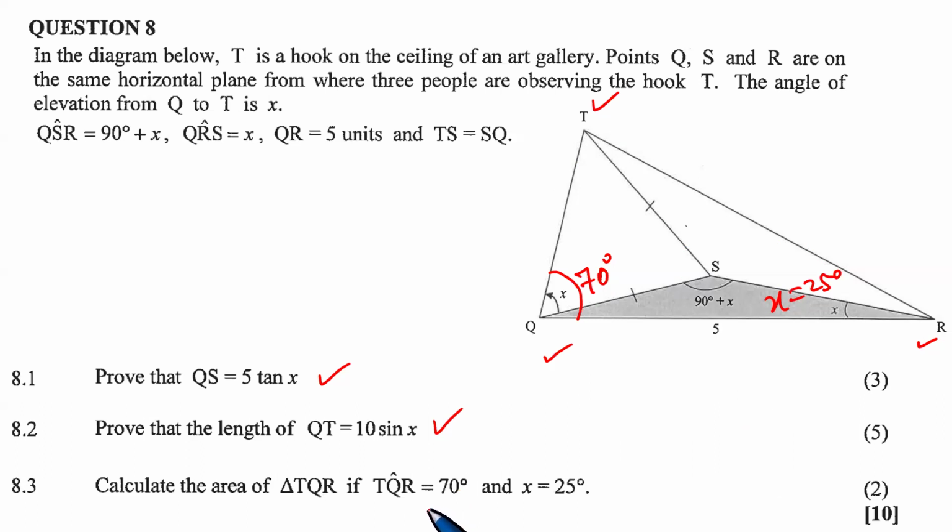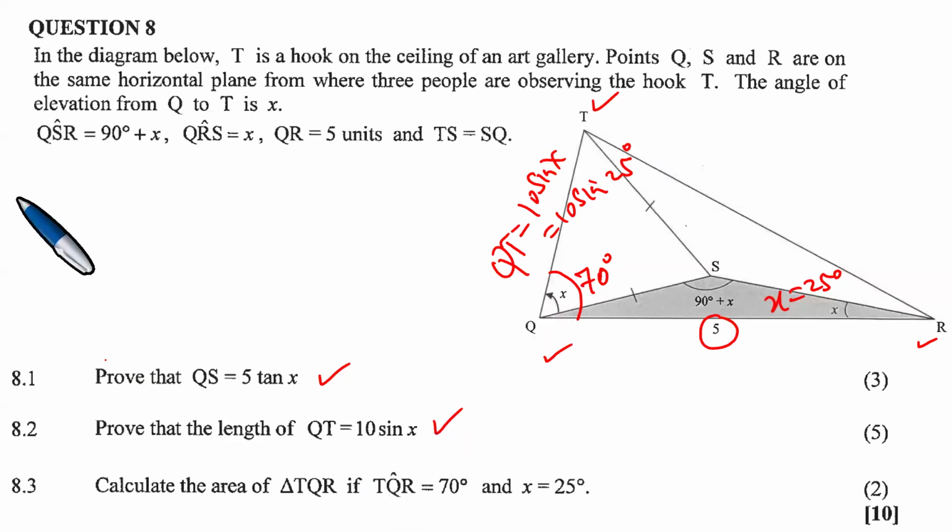Right, sir. With this one, you already know it's 5, but we know QT. What is QT, for instance? We know that QT is 10 sine X, where X is 25 degrees. That is QT. So to find the area of triangle TQR,